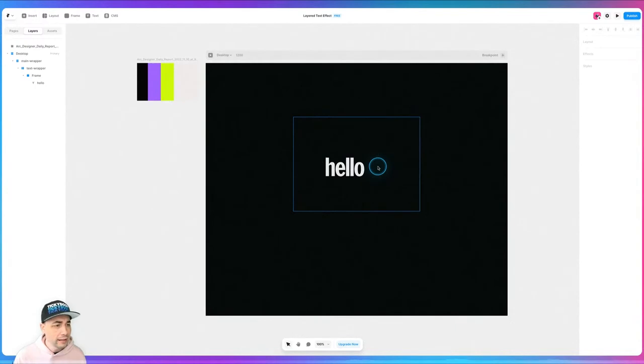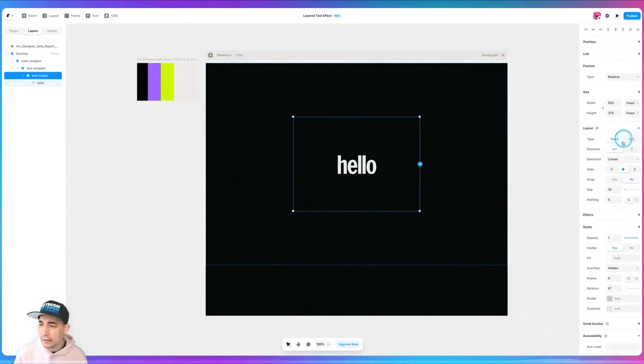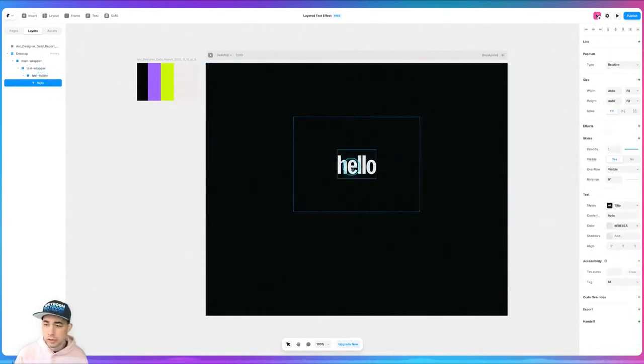So let's go ahead and get this frame to be styled correctly. So we're going to call this text holder. There we go. And then we're going to go ahead and just give it a layout. And we're going to say center distribution. Perfect. Good. Okay. So now what I want to do is I want to go into the text style and